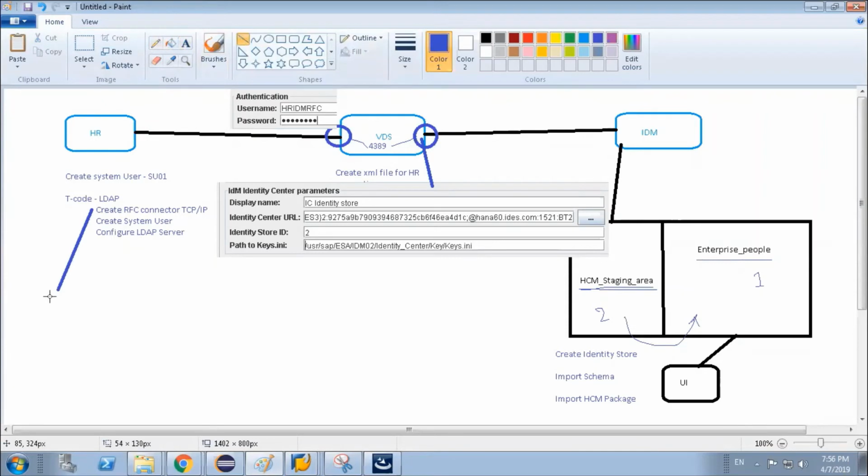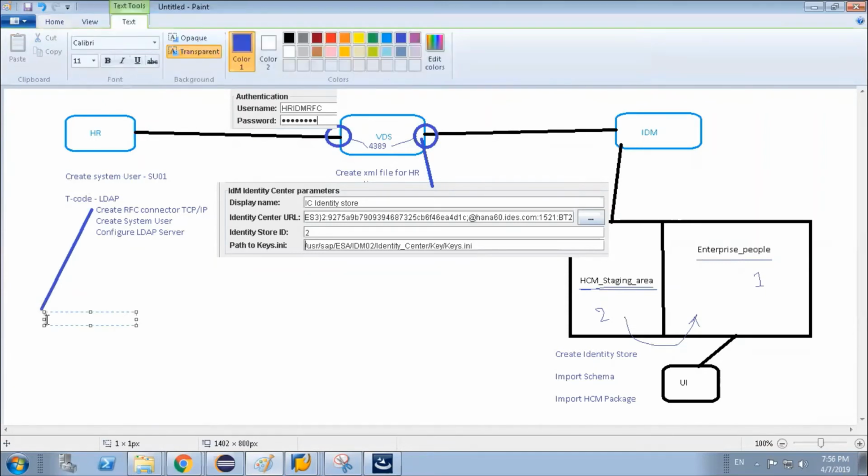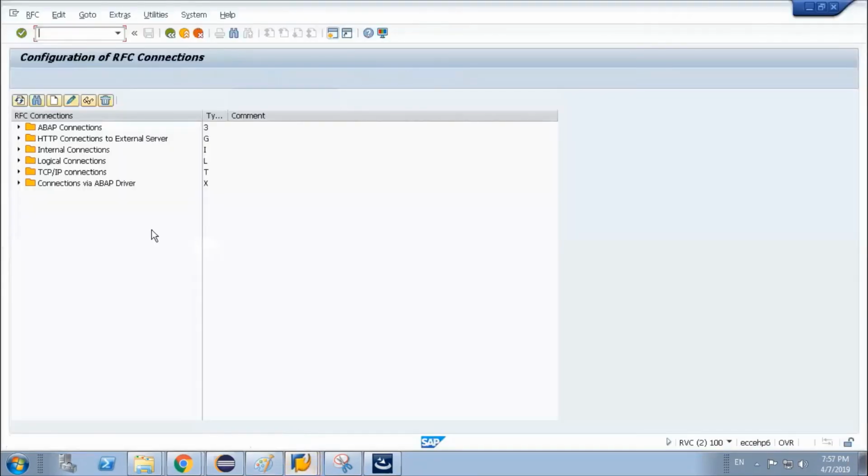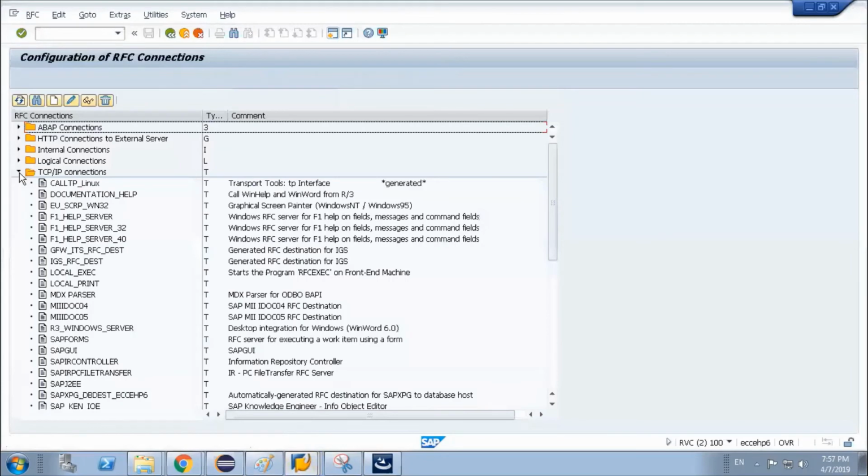So in order to go back to our picture, to create this thing, we have to go to SM59 and create connectors of TCP/IP. Go back to the system here. What are the TCP/IP connectors?